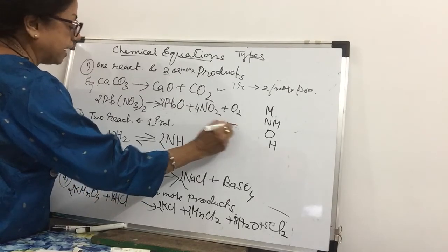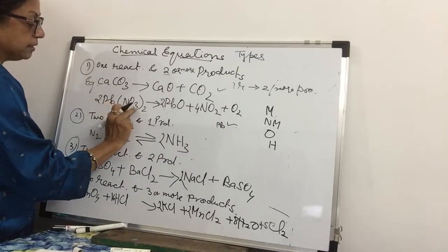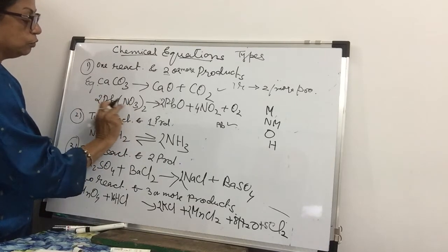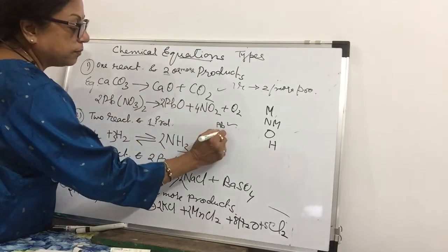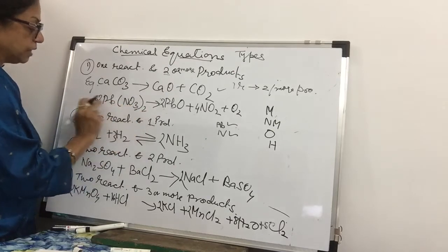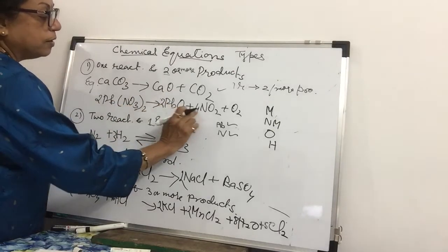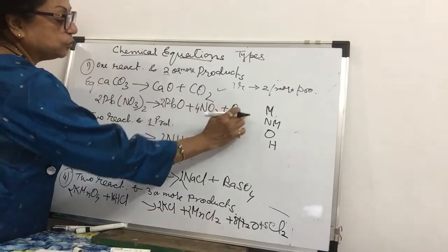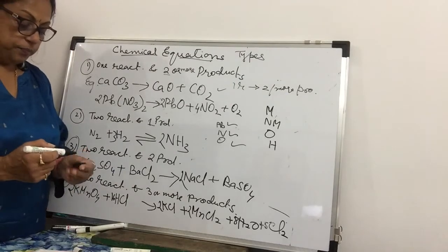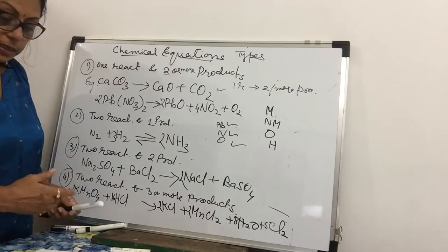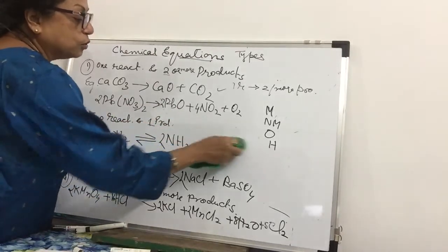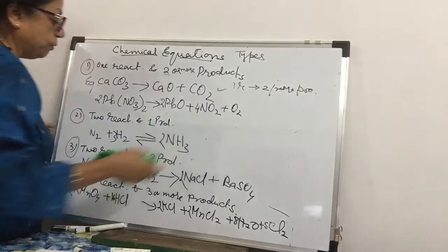Lead is done. Then comes nitrogen: 2 and 2 is 4, so nitrogen is 4. This is also done. Then comes oxygen: 3 2s are 6, 6 2s are 12. Here 4 2s are 8, 9, 10, 11, 12. So oxygen is also done. So we can do the balancing of equations in this way. I'm showing you the balancing along with the reactions so that it becomes easy for you to